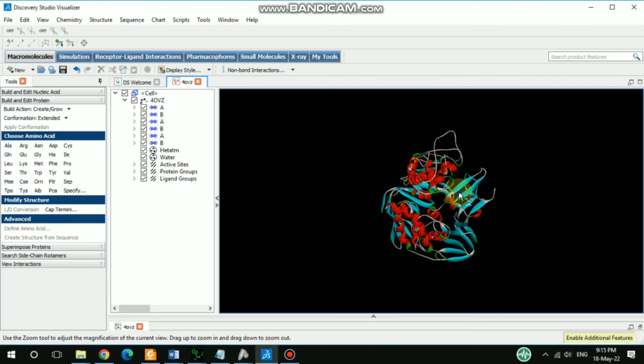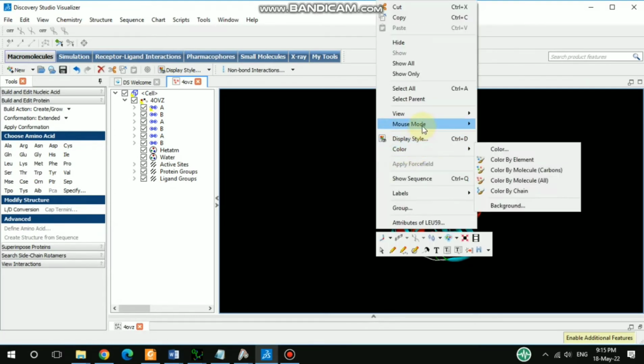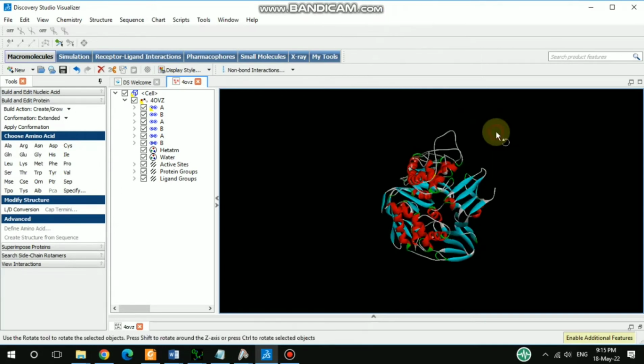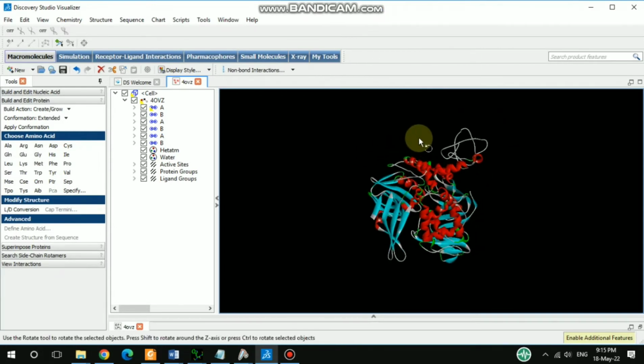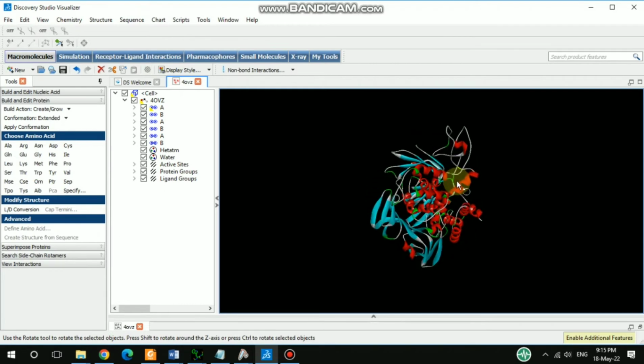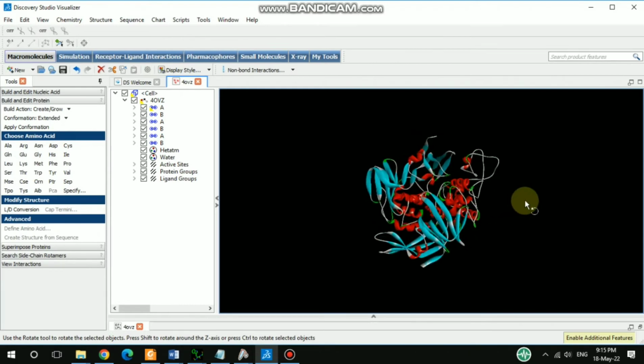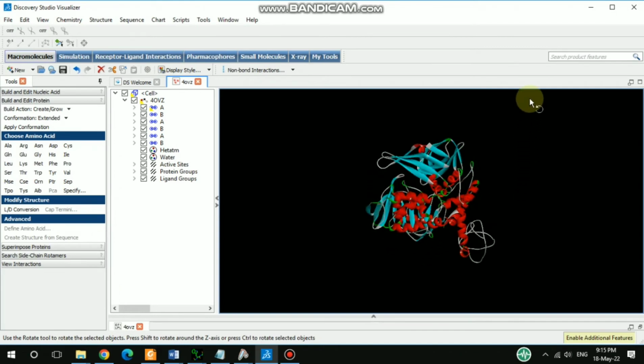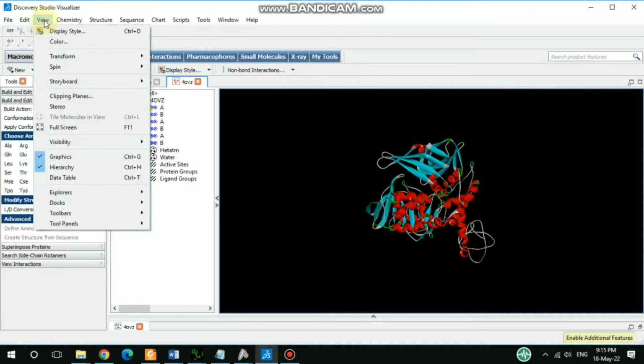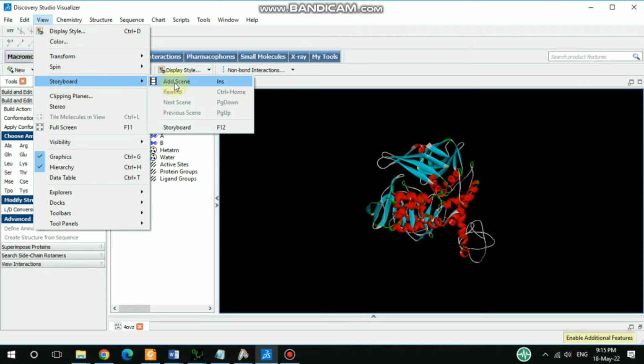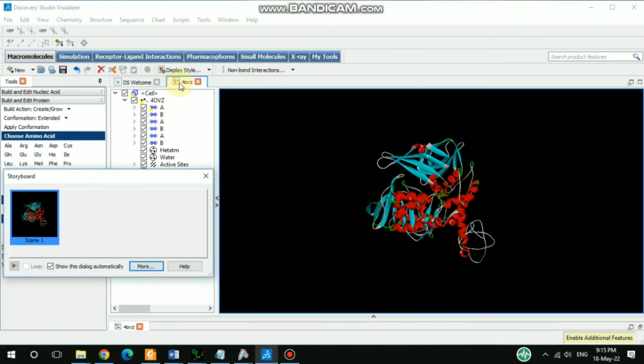rotate it. Let me change the mouse mode, rotate, then I can rotate it first, and this way, and this way, and also this way. All right, so these steps I'm going to save here, under view option, and then storyboard, and then add scenes. So the steps that I did are saved here, that is scene 1, and then you can close